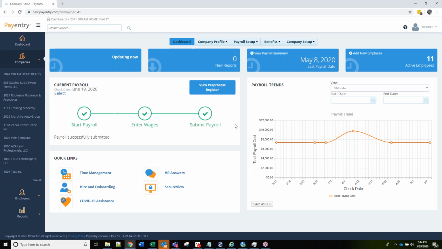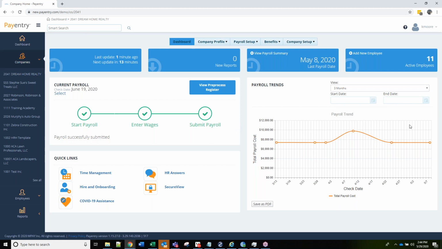So that's the basics of the payroll process. I'm sure there'll probably be questions on that. It's not incredibly different. Configuring your pay grid is a one-time, the same as configuring in that batch pay entry screen in legacy Payentry. So very, very easy to use, easy to navigate, and provides a lot of flexibility for you. All right, so the last thing I want to show everyone that we haven't covered is